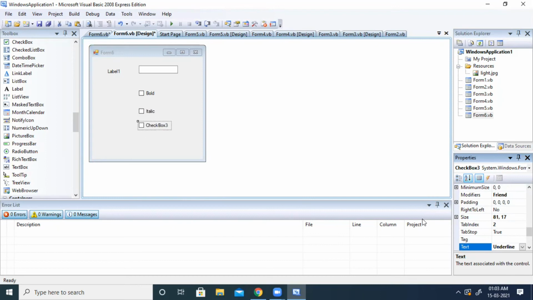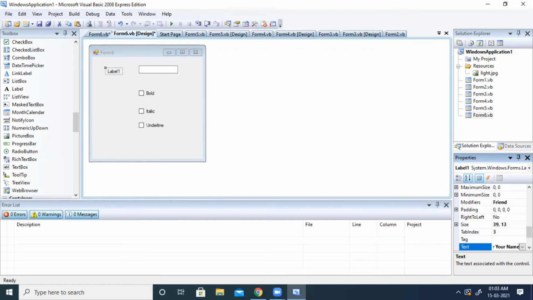Okay. Now in this label I am going to type enter your name. So the user will be entering his or her name. After that, whatever I select from the checkbox is going to be applied to the text entered by the user.